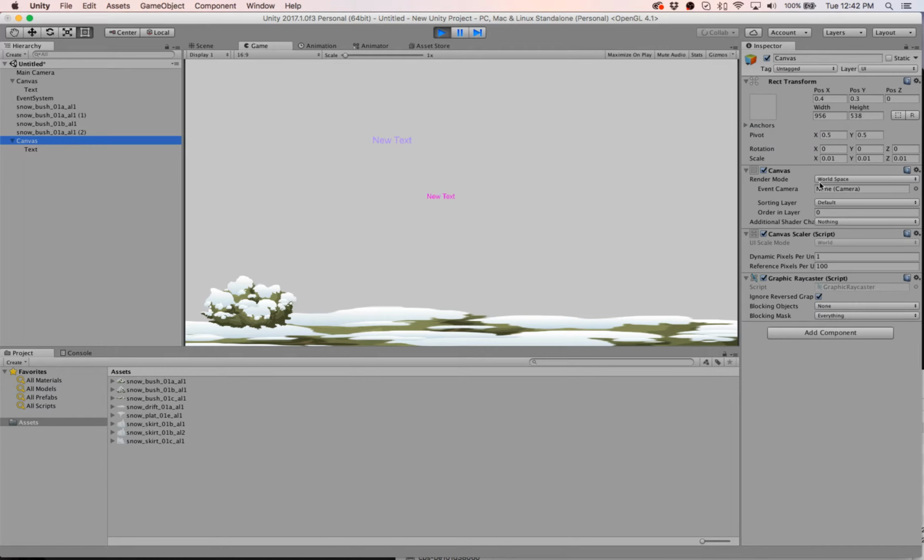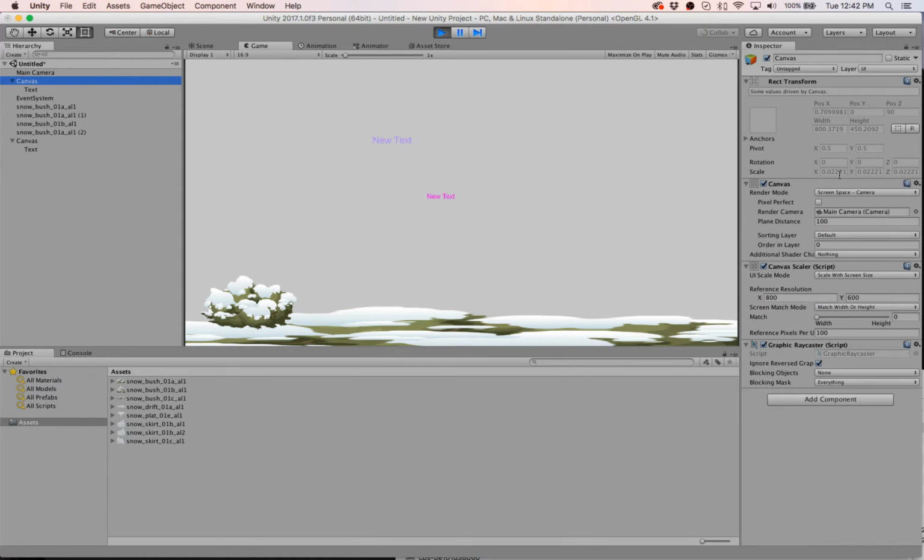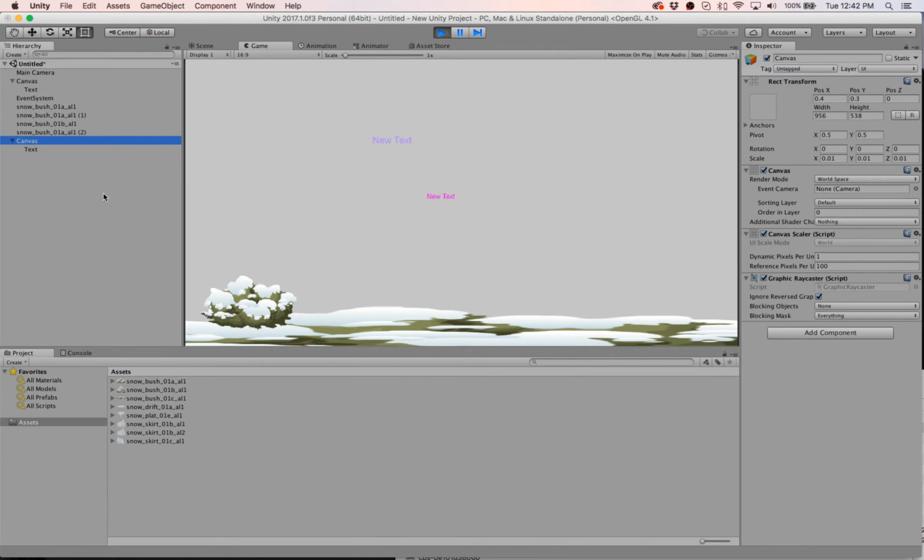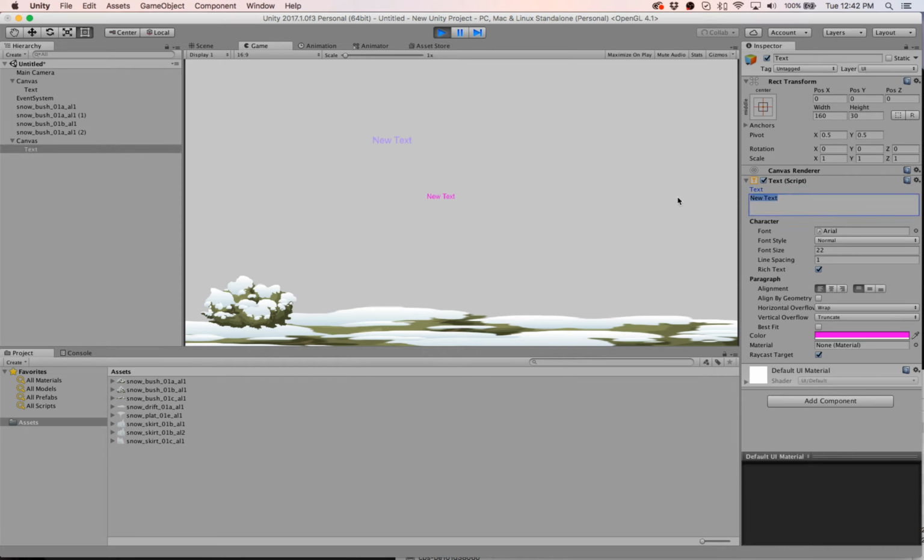So this has a render mode of world space, whereas this canvas has a render mode of screen space camera. So you can have multiple canvases. You can have as many canvases as you want, pretty much. I mean, I don't know. Maybe there's a limit somewhere, but you can certainly have several, and have them have different behaviors, and they can each have different text, like this text